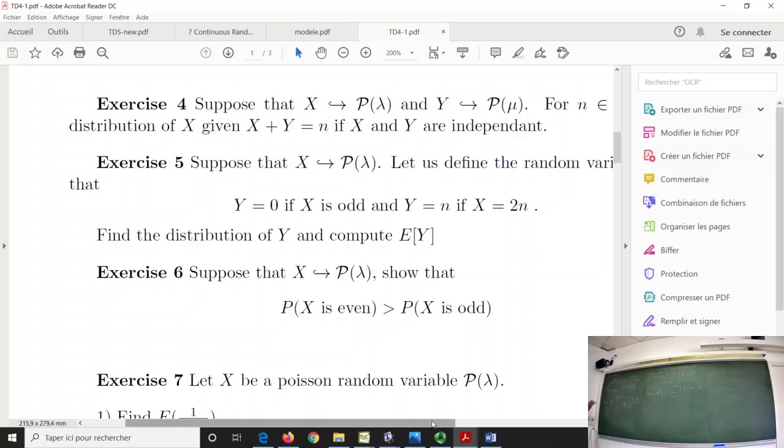Once again, it's something that is very general. For the moment, I use nothing. I use nothing for the moment, only the fact that X takes values in capital N. I have sequences of pairwise disjoint sets. So I am in the situation where I can use what is called sigma additivity. That is, when I have a sequence of pairwise disjoint sets, the probability of the union is equal to the sum of the probabilities. Okay?